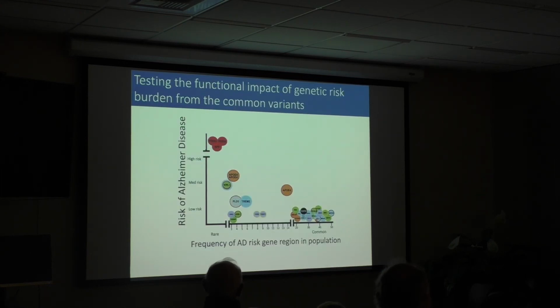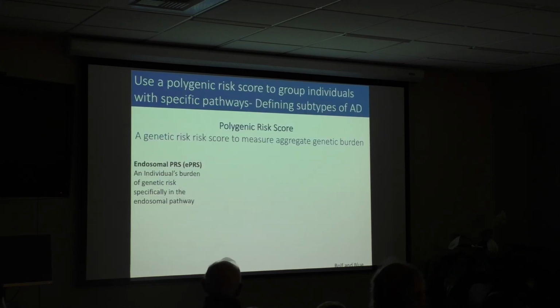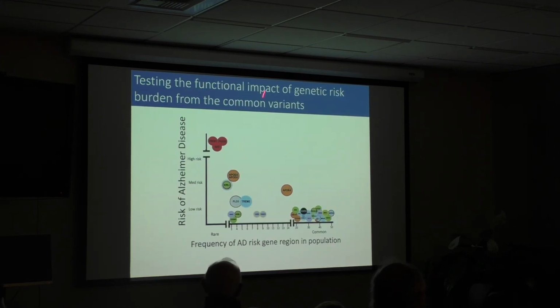Okay, so that's great, but what can we do to actually then understand what the impact of this is using our models? Like I was saying, we're not going to make 1,000 iPSC models. So what we've tried to do is at least try and bin some of this. So, these GWAS hits are all over, and like I showed you, these all represent different pathways, and so you could